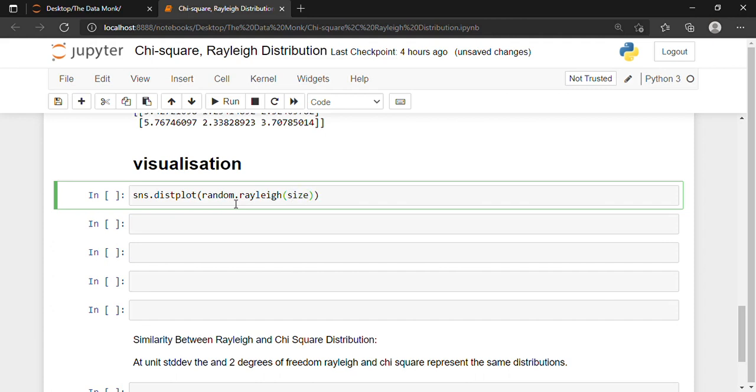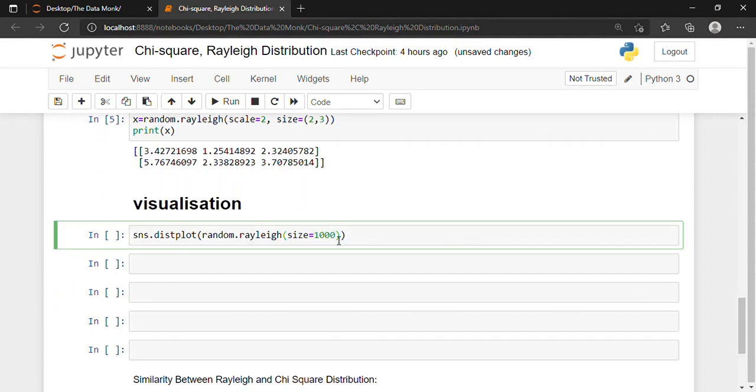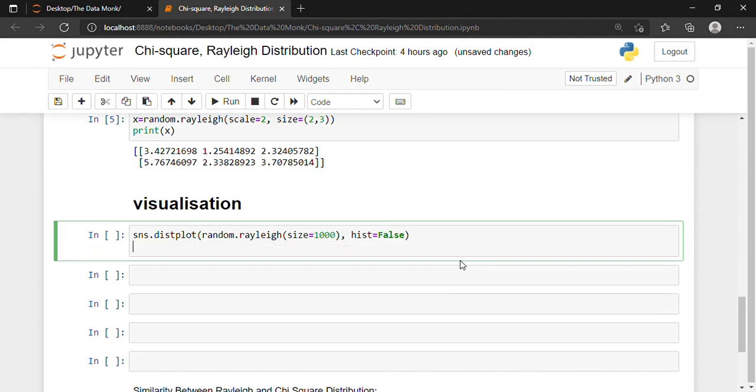Suppose I want 1000, and I'm not specifying the scale. Since I'm not specifying the scale, by default it will be taken as 1. I'm just specifying the size, and I do not want a histogram, so I'll write hist is equal to false, and then plt dot show with opening and closing brackets, and press shift and enter.